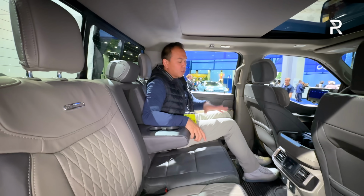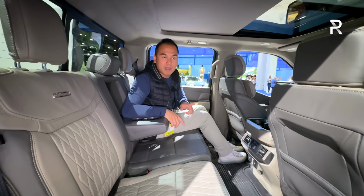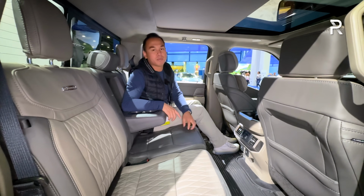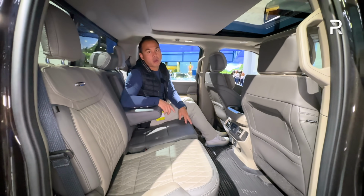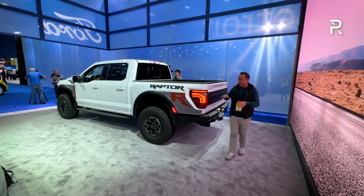But overall, if you're looking for one of the biggest back seats, this definitely has that all. However, if you guys remember the Ram, that also has a reclining back seat. That's something that the Ford F-150 sadly does not offer. So if you guys are looking for the ultimate version of the revised F-150, you're gonna find it, of course,